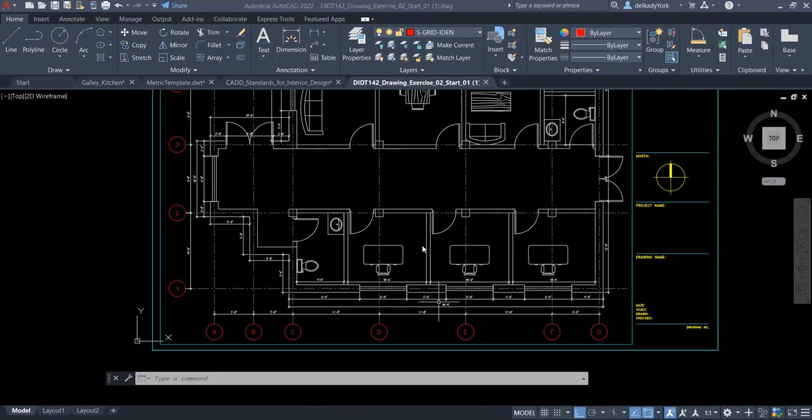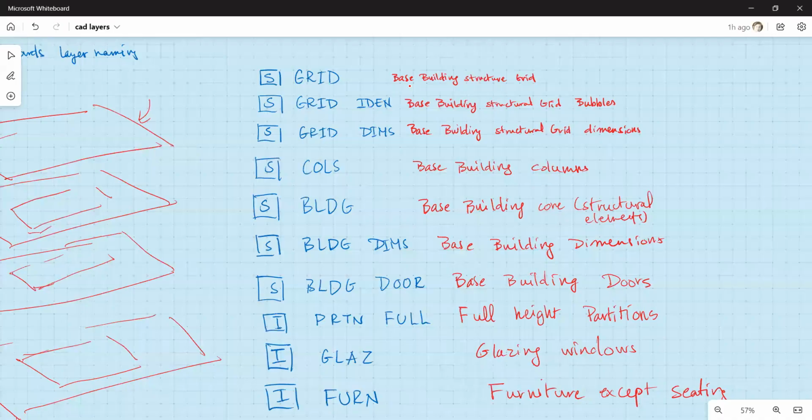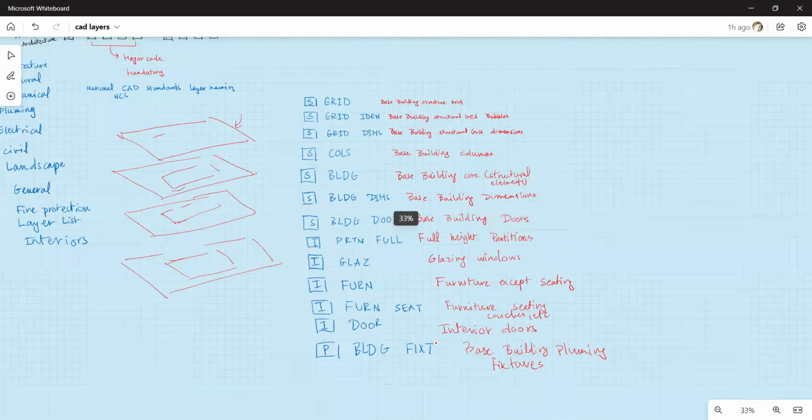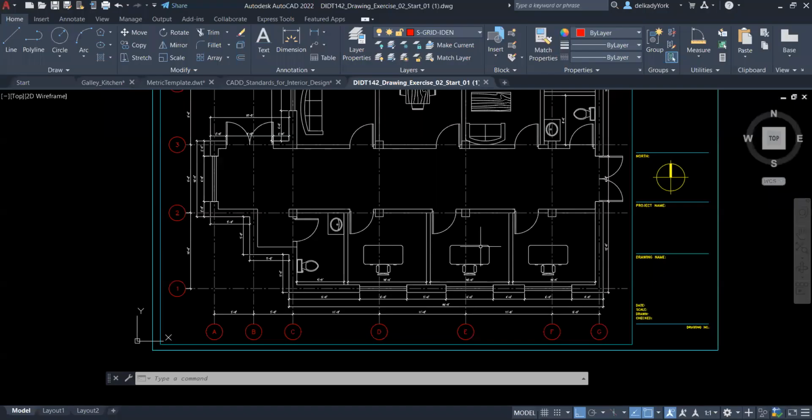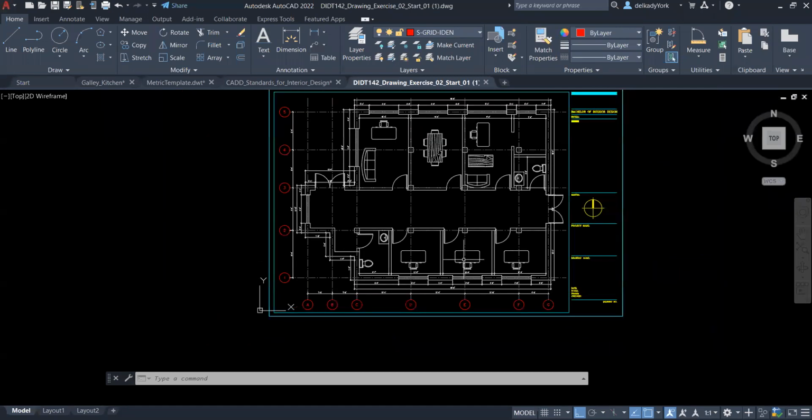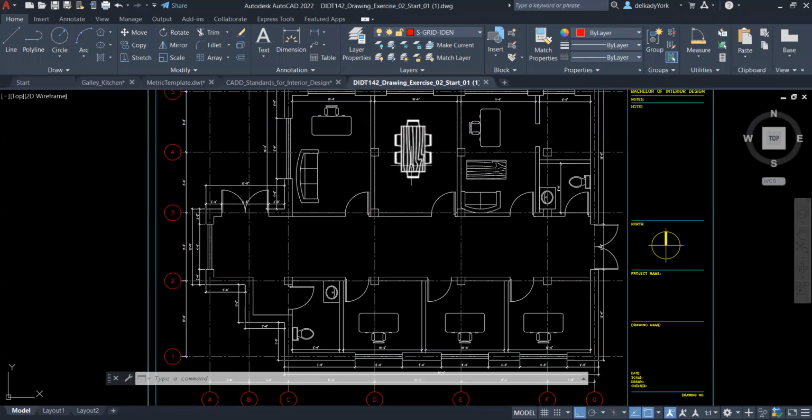And as I said, all of the layers that need to be created, I have created them for you here, and I've placed those on your course bulletin and news. So if you scroll down, you're definitely going to find that furniture is going to be on iFern. And this means that all of your desks and all of the chairs are going to be, except for the seating, the desks and the chairs and the conference room table, those are going to be on this layer here,